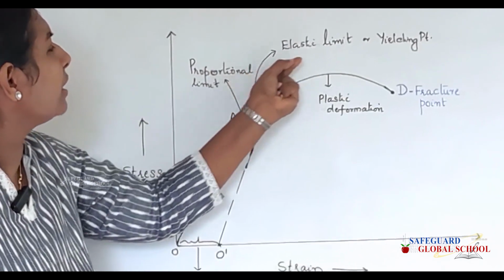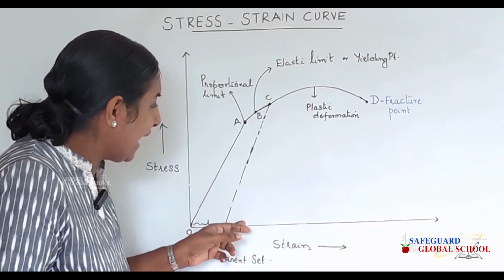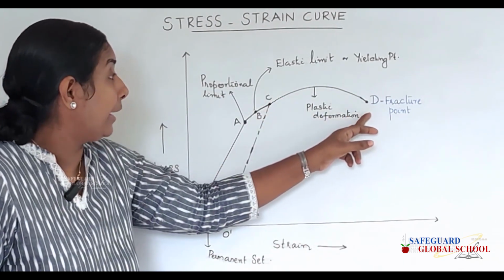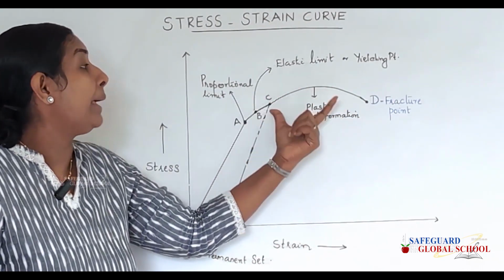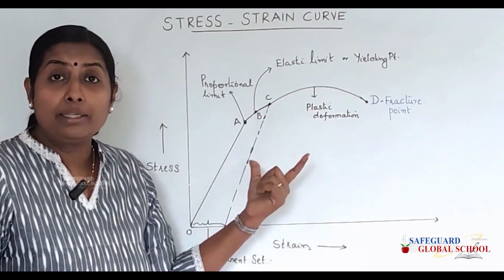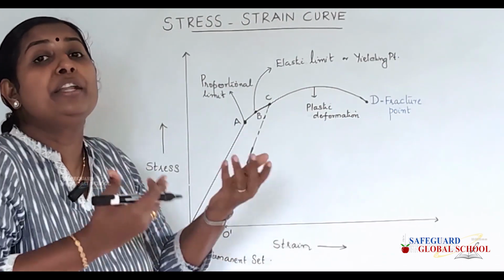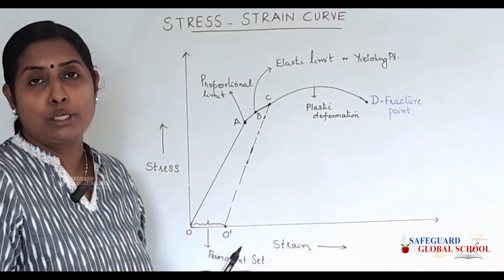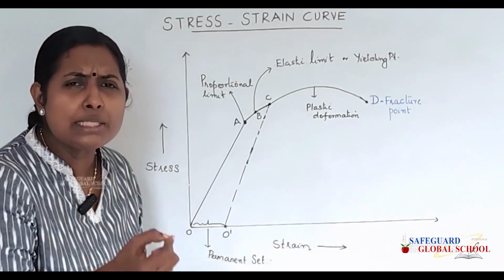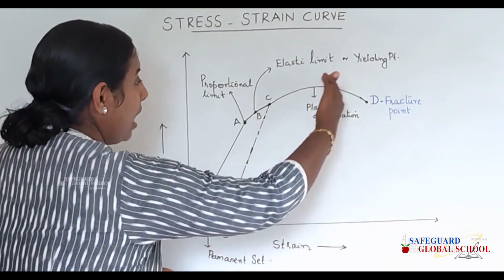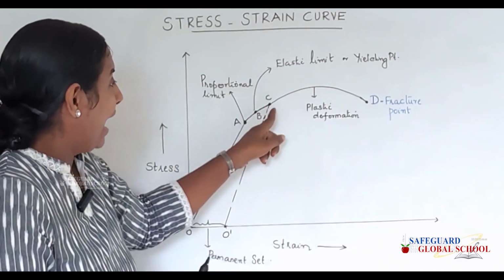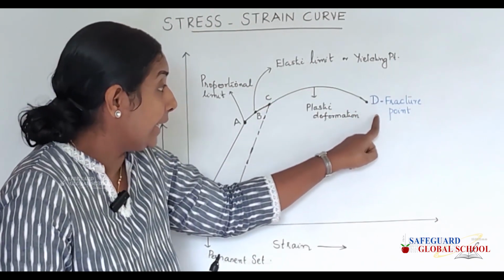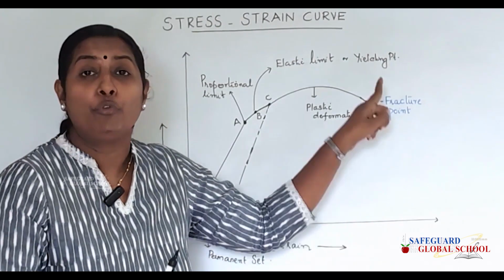A small increase in stress can produce a large strain, and this CD region is called the plastic region, where the material undergoes plastic deformation. What do you mean by plastic deformation? Stress is not at all proportional to strain, even though a small stress can produce a large strain in the material. From C till it reaches D, and at D it is called the fracture point,